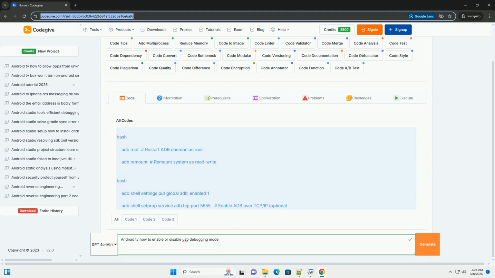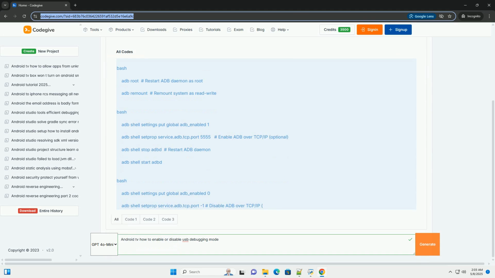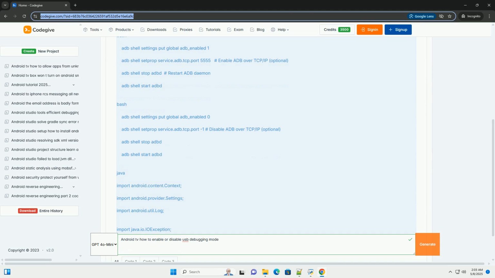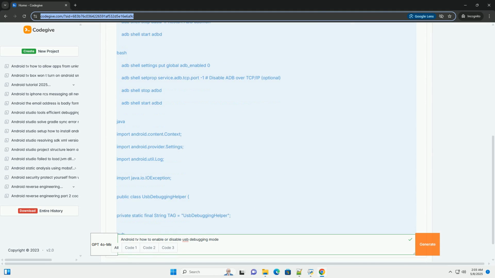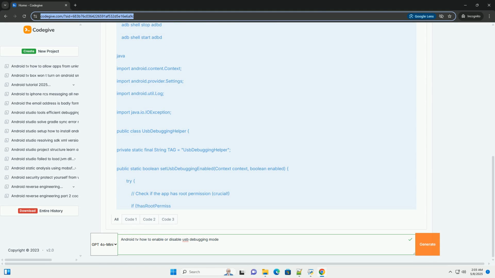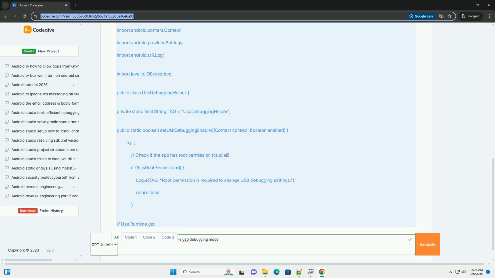Enabling and disabling USB debugging on Android TV, a comprehensive guide. USB debugging is a crucial feature for Android TV developers and enthusiasts. It allows you to connect your Android TV device to your computer and use Android Debug Bridge, ADB, to perform various tasks like